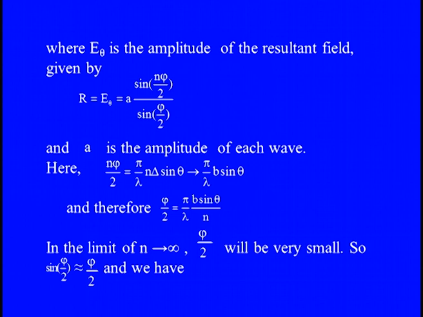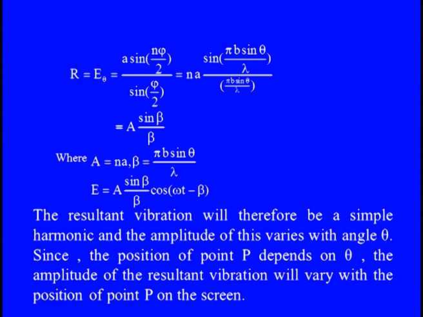Here we can show that n phi by 2 will be equal to pi by lambda into n into delta sin theta, which we can write equal to pi by lambda into b sin theta, and therefore phi by 2 will be equal to pi b sin theta divided by lambda into n. In the limit of n tending to infinity, phi by 2 will be very small. So, we can write sin (phi by 2) approximately equal to phi by 2,